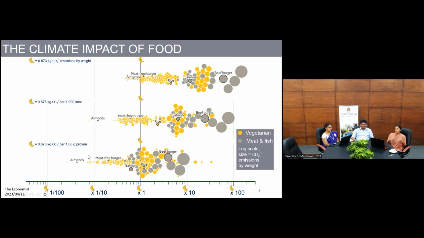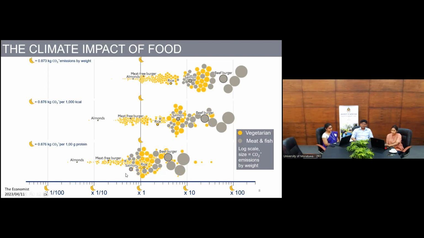The last part is then saying, okay, fine. The reason why people who are not vegetarian is because they say you can get more protein, or it's easier to get more protein if you were to eat non-veg food. So here we have the same information, the emissions from each food group per 1 gram of protein in that particular food item. And once you scale it per gram of protein, the distinction between the veg and non-veg items kind of closes quite significantly.